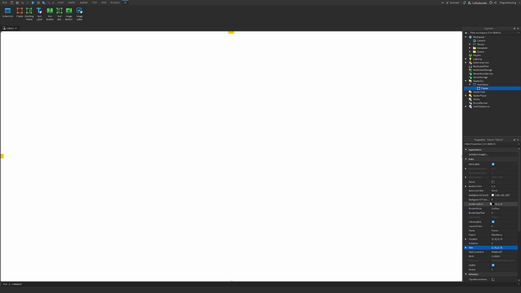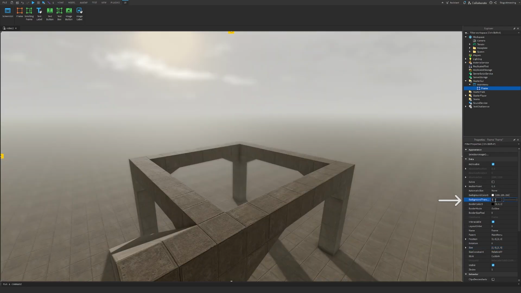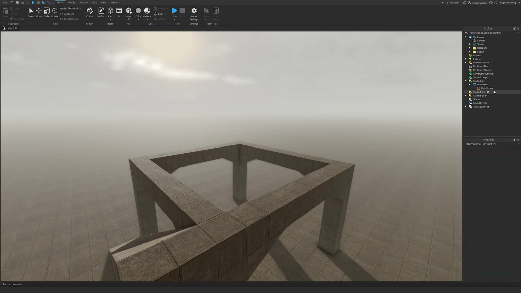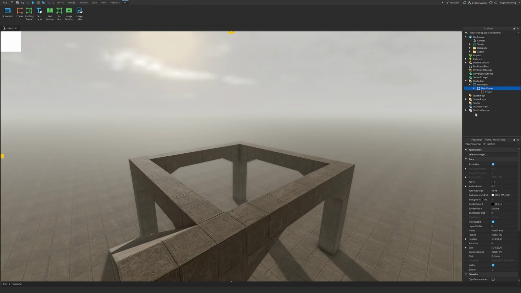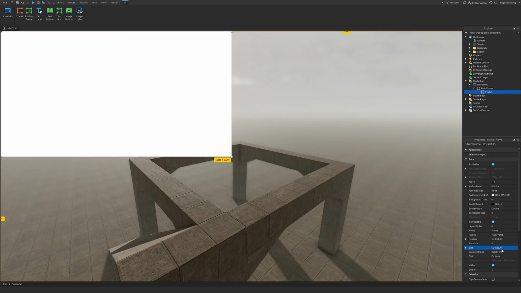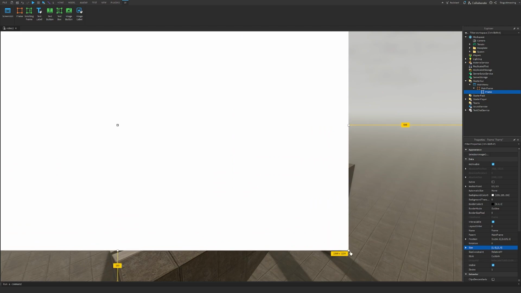Then what we'll do is, we'll change the background transparency on this frame to 1. Then we'll rename this frame to, let's say, Main Frame. Next, we'll click on the plus again, click on Frame. Then we have this new frame right here. We're going to set anchor point to 0.5. So just type 0.5 into anchor point, set the size to 1, then we'll drag it here, click on any